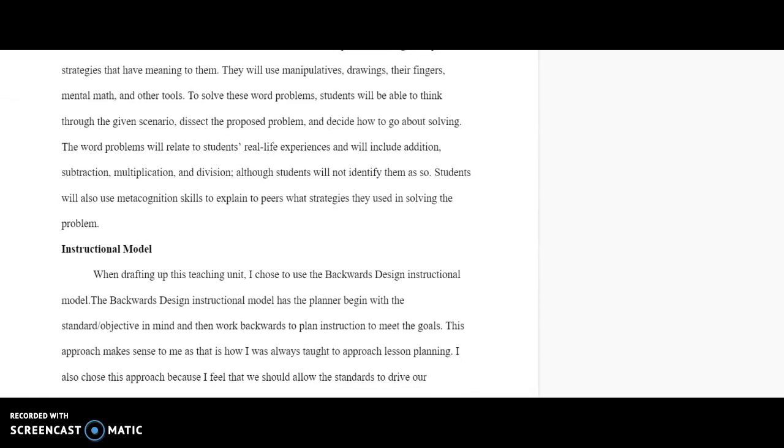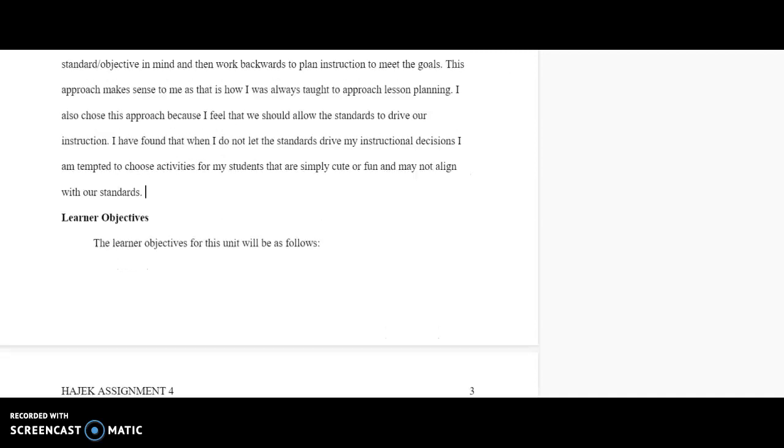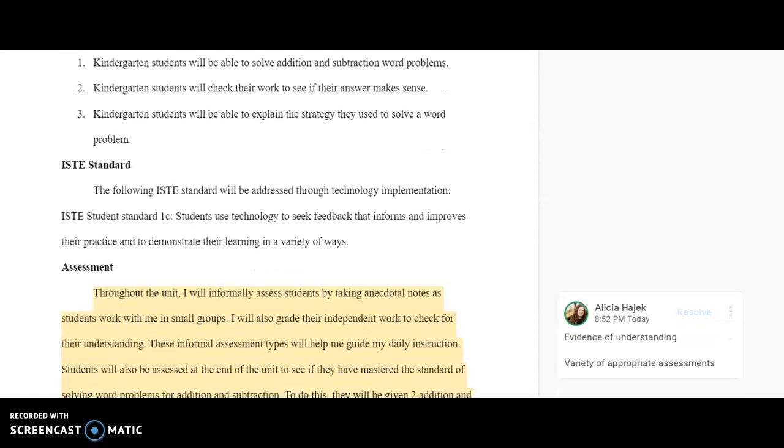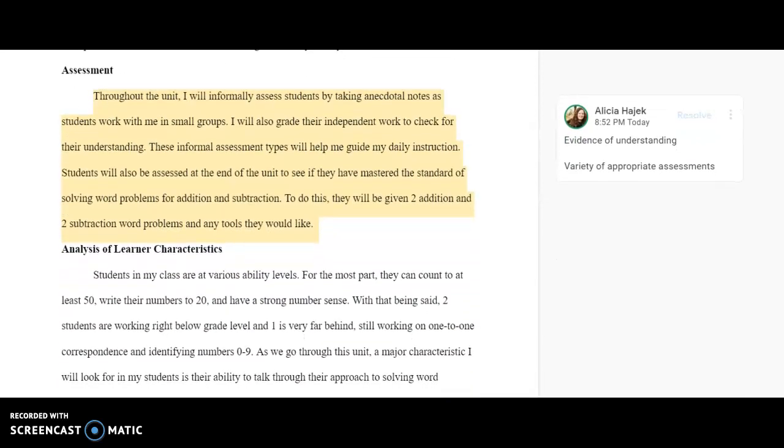My unit is about solving word problems in kindergarten. So to answer some of the questions for this assignment, one of the questions was about evidence for understanding. What tasks show evidence of understanding for my objectives? And my objectives were that students can problem solve with numbers within 10. So I'm going to go to my assessment part of my assignment, and